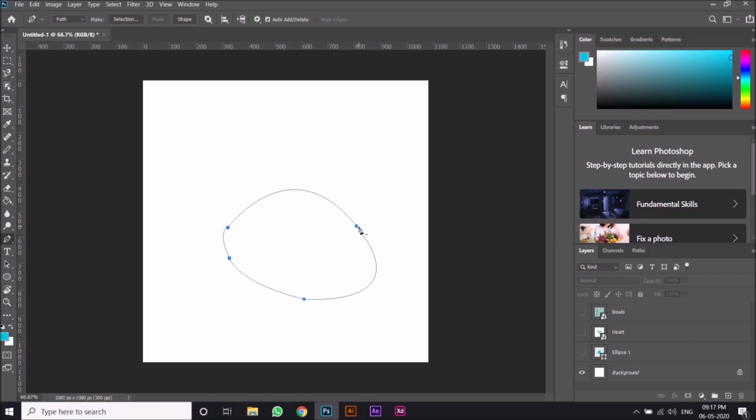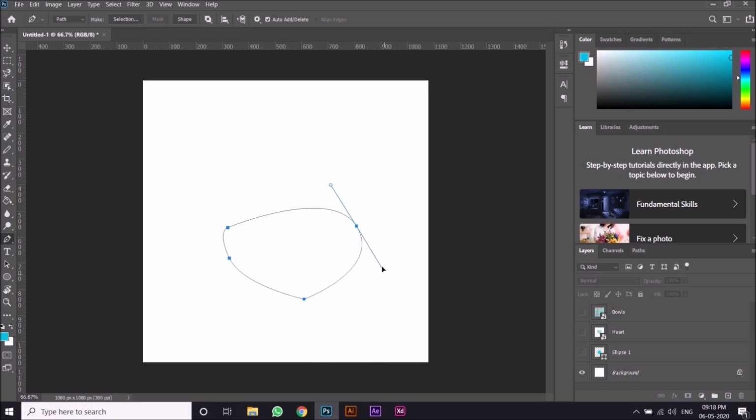But suppose I want to make changes for this point right here. That is, I want to increase the intensity of this curve or change the angle. What you have to do is click Alt and go to this point, and you can see it turns itself into another tool called anchor point tool. Now I'm going to hold the Alt key, and then as you can see I'm going to get these handles and then leave it. Now you have to click Alt again, and then you can change the intensity of this curve and the angle. To increase the intensity, I'm just going to drag this line, increase its length.